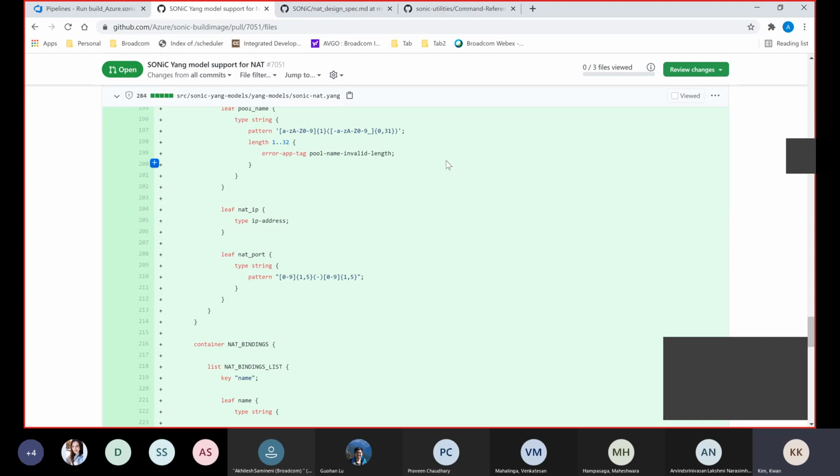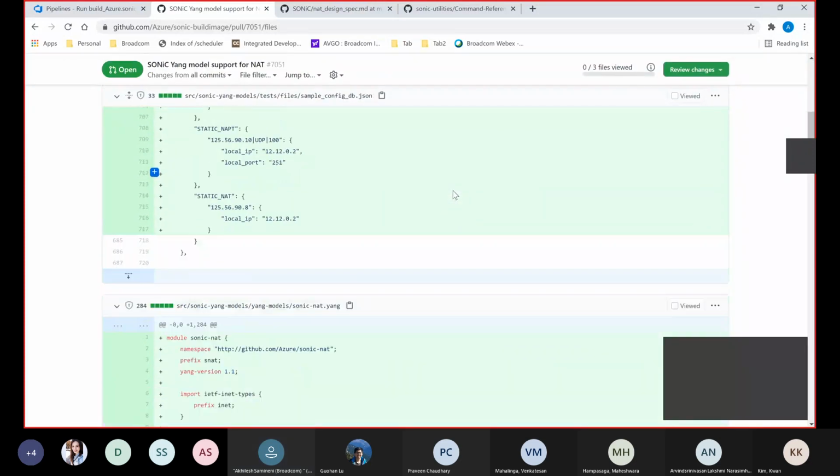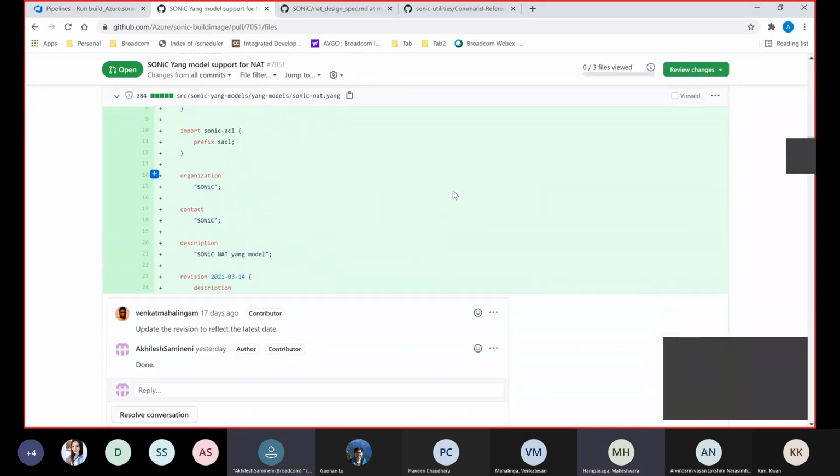Somewhere in the common type definition, we're supposed to have a common type definition for the physical port, right? I'm talking about the range type definition. Is range used commonly in YANG, or only here? In the YANG, I see from INET we have port. Something like I'm using here.